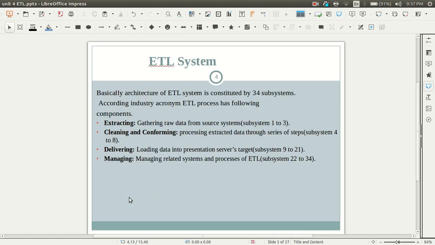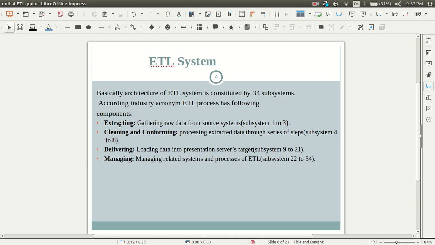Next, an ETL system is nothing but a combination of 34 subsystems. According to the industry acronym, the ETL process has the following components. ETL is nothing but extract, transform and load.